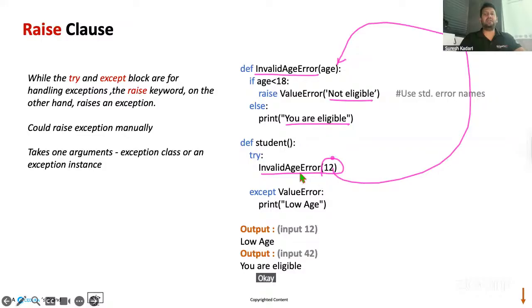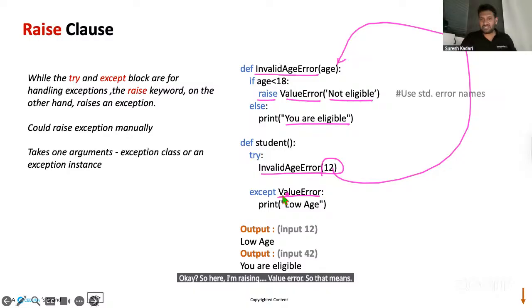And then I am using value. So this try except is fine. Here I'm raising value error. So that means whenever it happens,